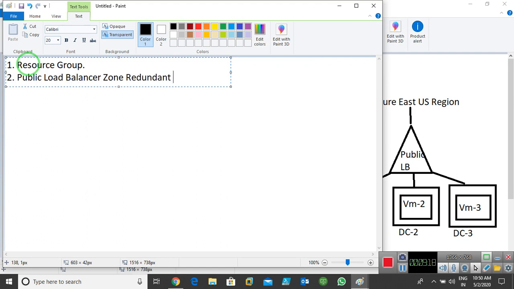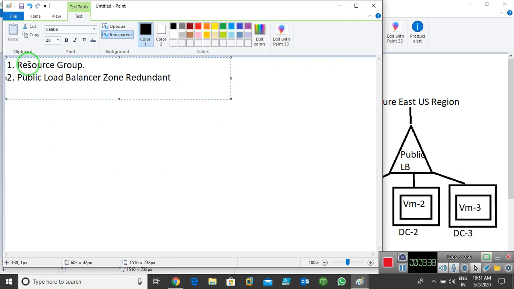This feature is available in the standard SKU. So I'm using the standard SKU, not the basic one, because if I need this feature, I need the standard one.